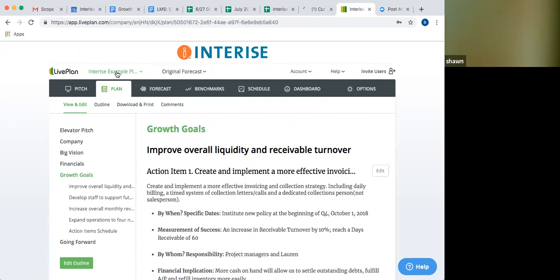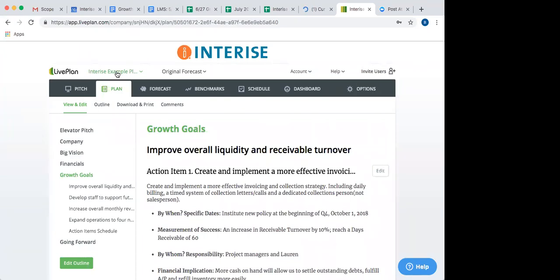Okay, and then my question, I'm sure it's on everyone's mind, and you might have already answered it, but how much would this particular program cost to continue? So I need to confirm that with the LivePlan company. Right now, if you just go to their website, you can see for an individual user to have access on a monthly basis, it's $11.99 a month.